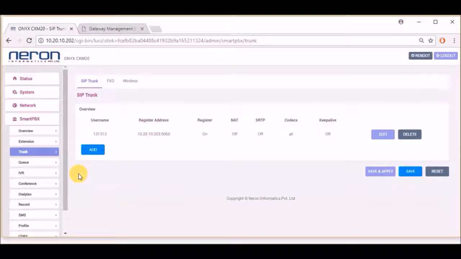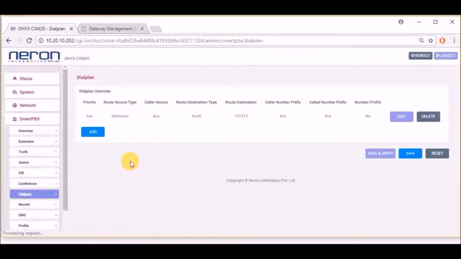So I'll just make the dial plan. So move to dial plan. As you can see, we have already made a dial plan for SIP trunking. So now we'll use both trunk ports for outgoing calls and we'll make the dial plan according to that. So click on add.